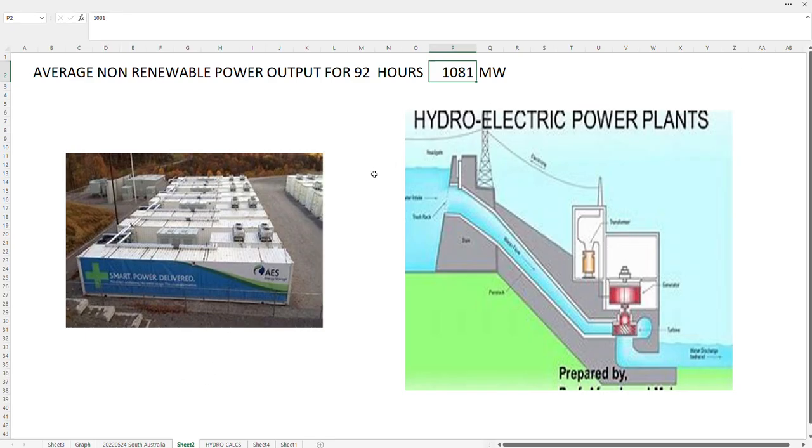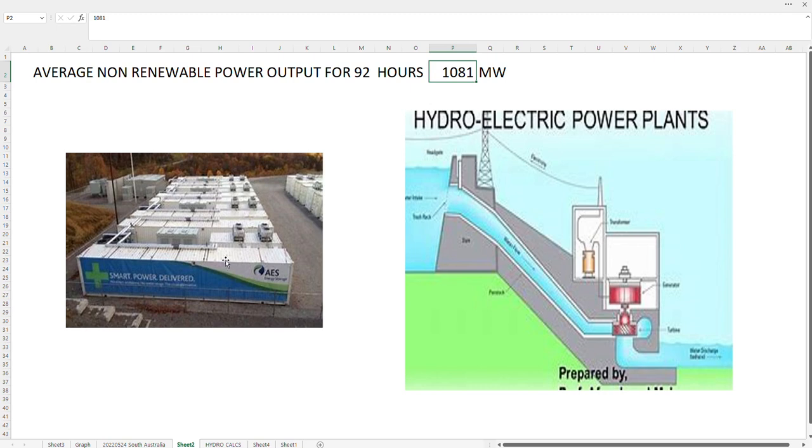So when we added up the non-renewable power produced by South Australia for those 4 days, that's the power from coal, gas and diesel, it turned out that they were producing it at the rate of 1,081 megawatts. So the supporters of renewable power want to replace that fossil fuel based power with renewable power, with alternates, and the two ideas that come forward are grid lithium-ion batteries